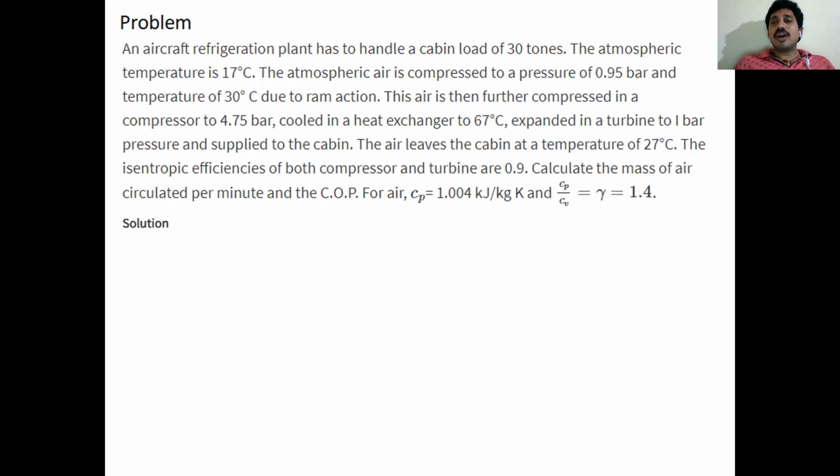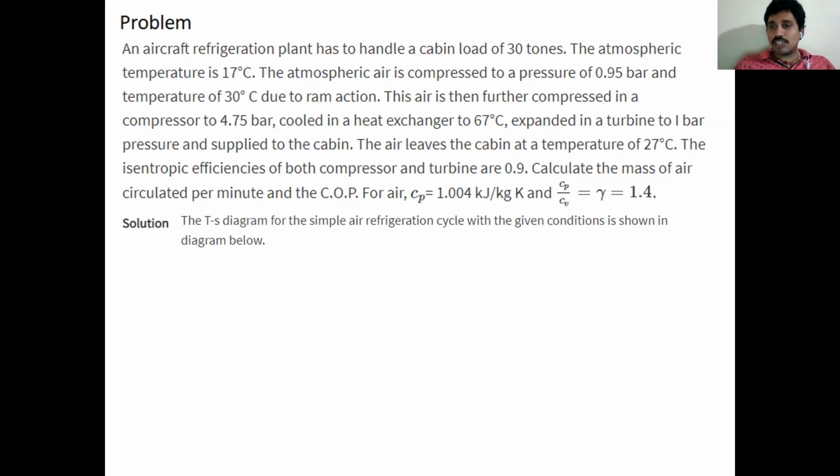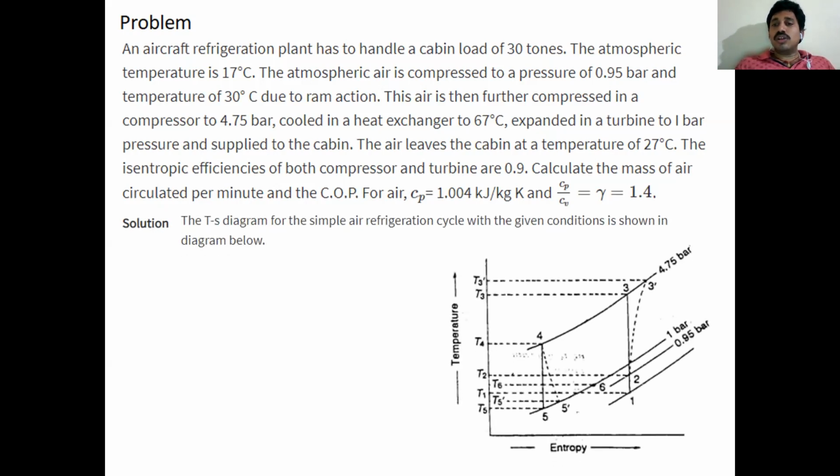First of all, prepare the T-S diagram for this problem. This is the actual cycle. I did not draw an actual adiabatic process for 1-2 because for the 1-2 case no efficiency was given. For the ramming process, I did not get any efficiency. That's why we assumed 1-2 as isentropic. If I am getting efficiency for the ramming process, for that also we prepare an adiabatic process. But here they did not give it. Only for compression and expansion cases they mentioned adiabatic efficiencies.